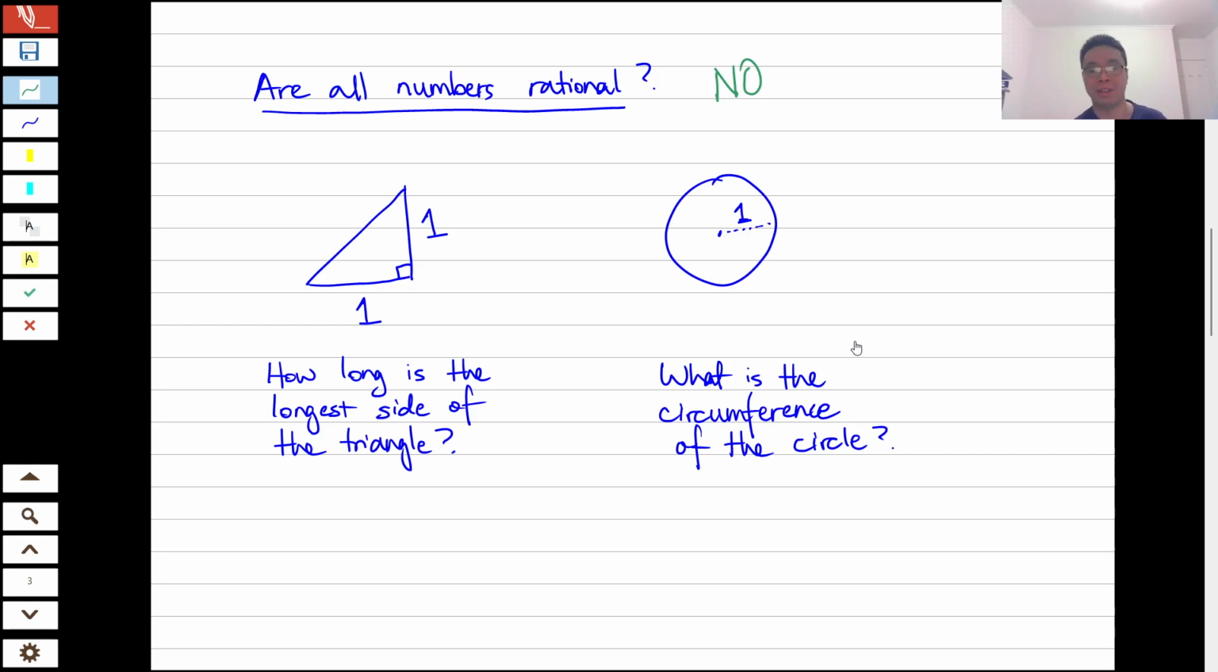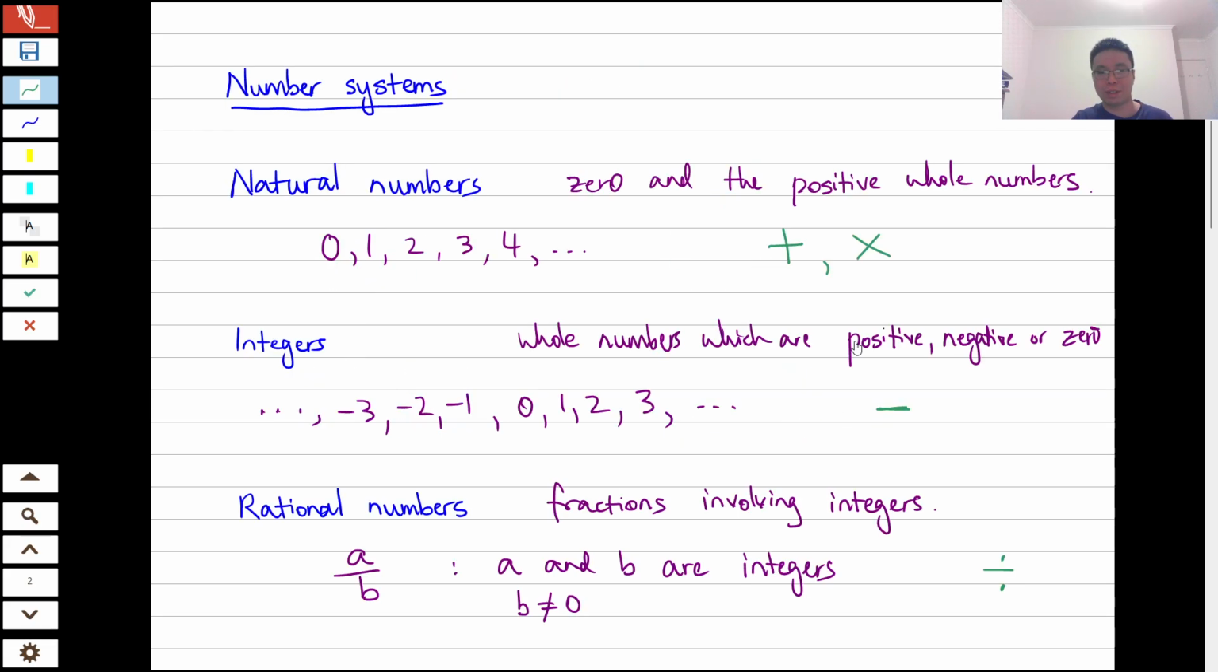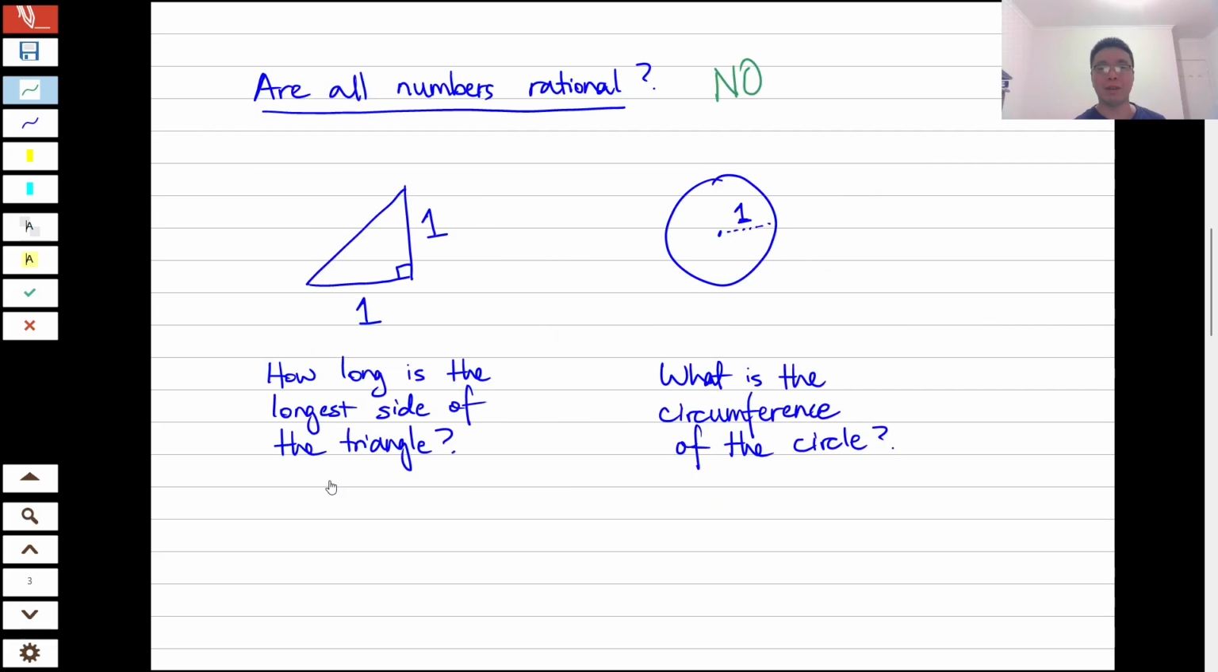And a related question that was raised more than 2,000 years ago was, consider this system, the rational numbers. Is every number rational? The shocking answer to that question is no. And I've got two very simple examples. The first example